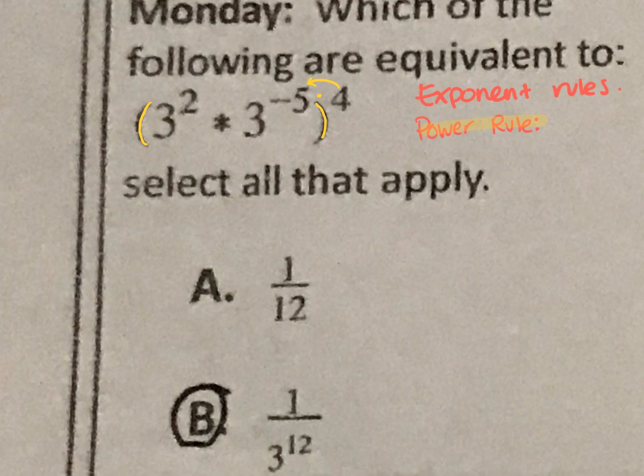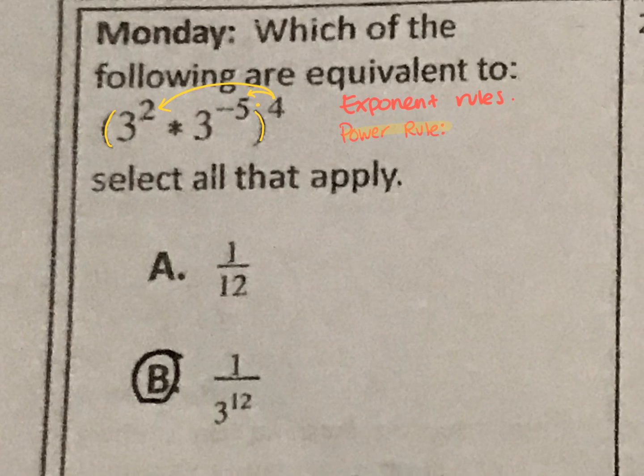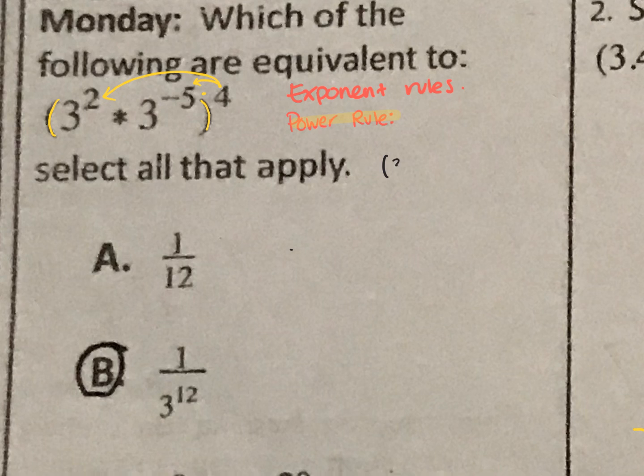You're going to distribute your power. So then, if we rewrite our problem, parenthesis 3 squared times 3 to the negative 5, to the 4th, right? What you want to do is you want to distribute. That means multiply. So 4 times negative 5, and then 4 times 2. So then, you keep your base the same, so 3, and then 2 times 4 is 8,